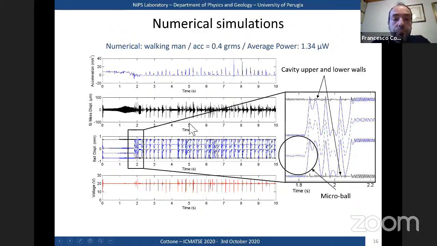We could extract the movement with a fast camera video. So this is our intent in the near future, to try to get more parameters out of the device in experimental conditions. Okay, so this is another slide about simulation